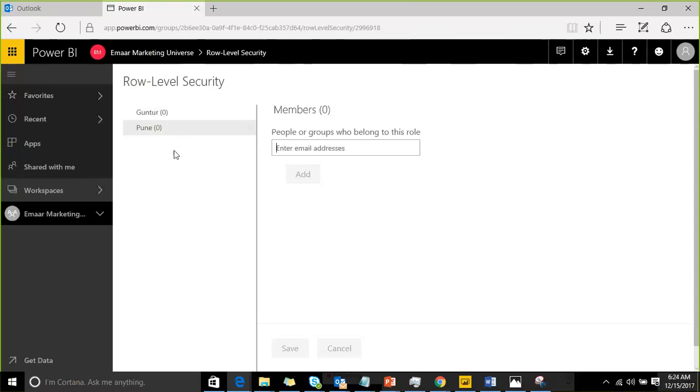If you are not applying this, what will happen? They can see everything, whatever I am projecting after the filter operation. But now we are restricting based on a city, or at another level based on a country, a region, or a product. That is based on our business requirement. We create roles and display the data accordingly. That is role-based security. We create a role based on a city, product, or region, then add the user to that role, and they can see the data.